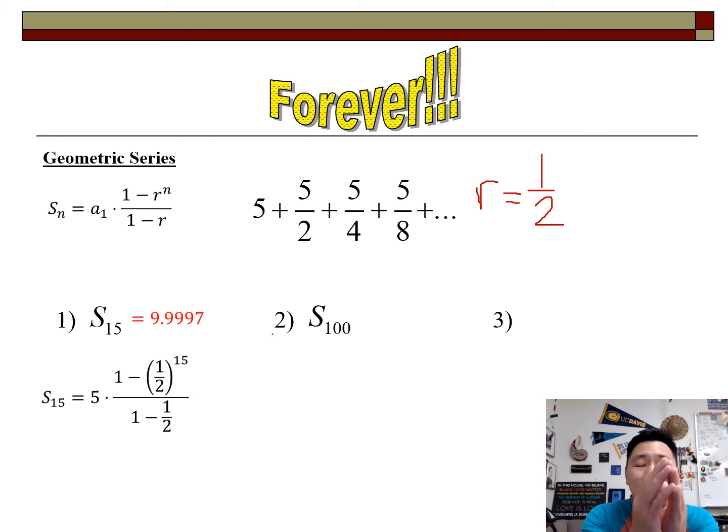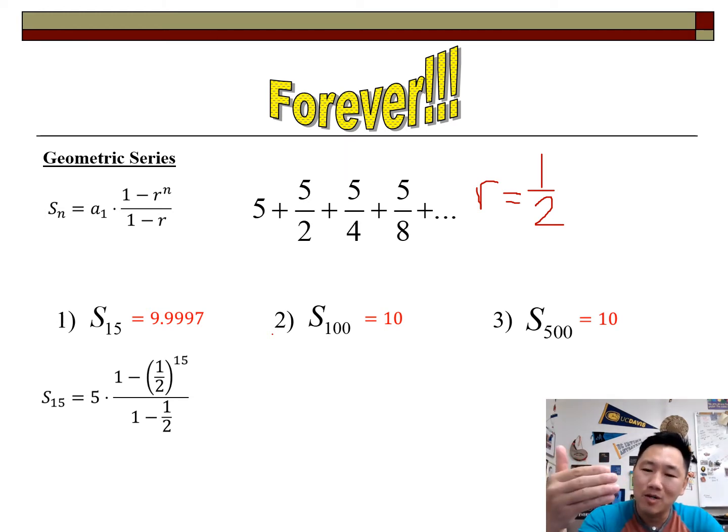All right, let's do this again, but instead, let's go ahead and find the first 100 terms and then add them all up. Plug it all into the formula. It gets you 10. What if we do it for the first 500 terms? List out all 500 terms, add them all up. What do you think the answer is? Punch it in your calculator and see. What? How are you adding more and more and more terms, but when you add them, it's still 10? How does that make any sense?